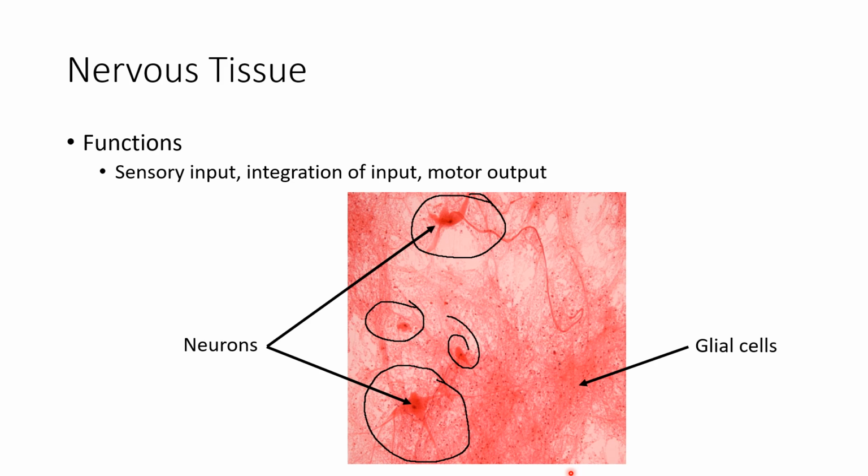So the neurons are the ones that are creating those electrical impulses to communicate with the body and with other neurons. And the glial cells, as once again, we'll learn all of this in our final unit, these are going to kind of help the neurons and have other roles inside the nervous system. So you just need to be able to tell me, this is nervous tissue, these are glial cells, and these are neurons. And that is it,